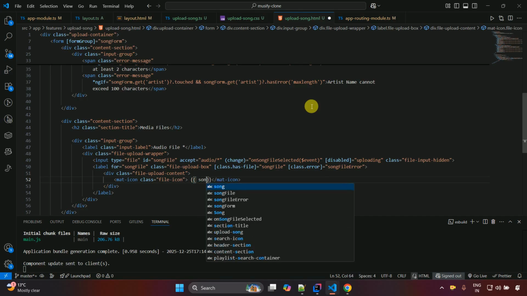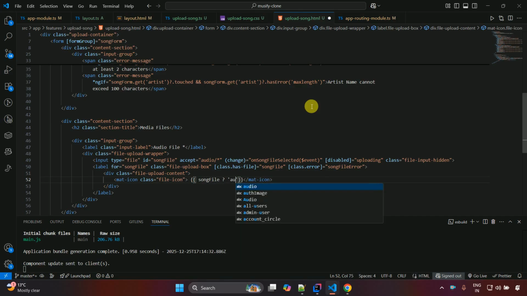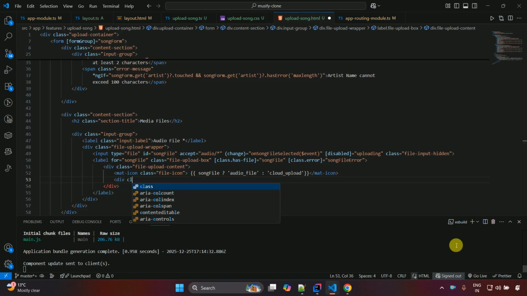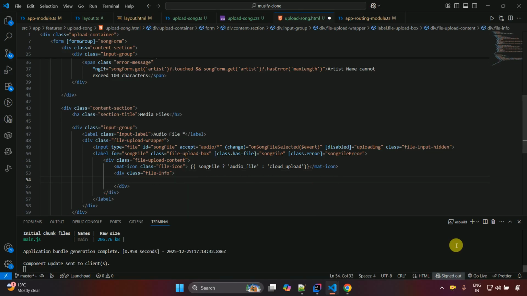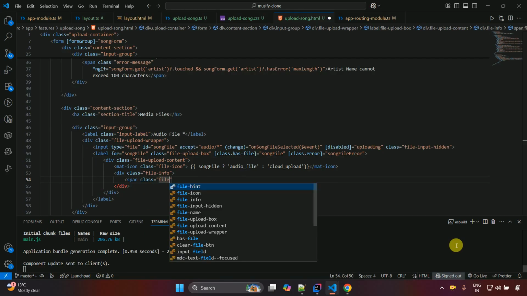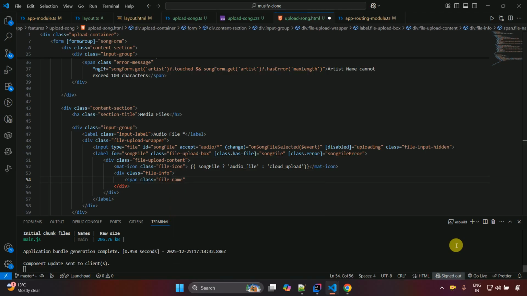And song file, and audio_file, or else we are going to show a different icon, which is the cloud_upload icon. And also I want to show some information, so div class file-info, close this one, and in this one span class file-name, I want to show to the user the file name, and then song